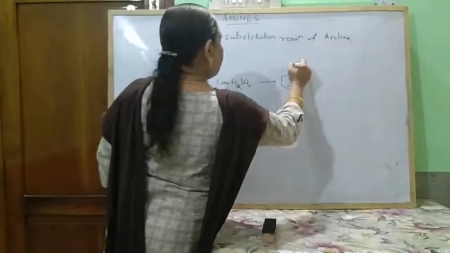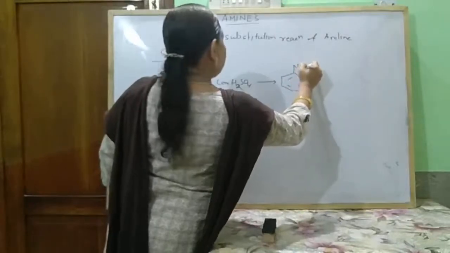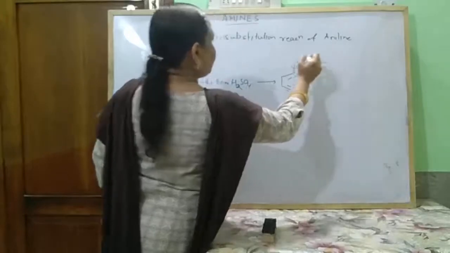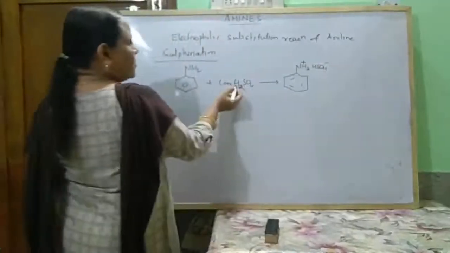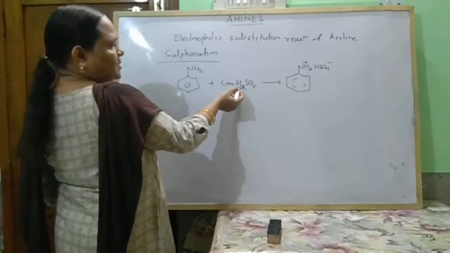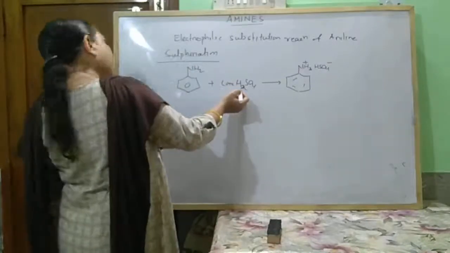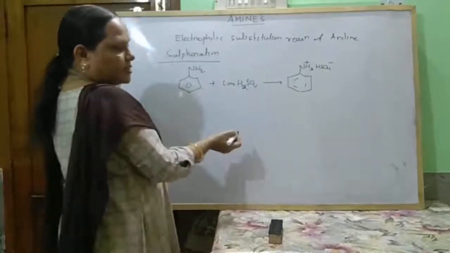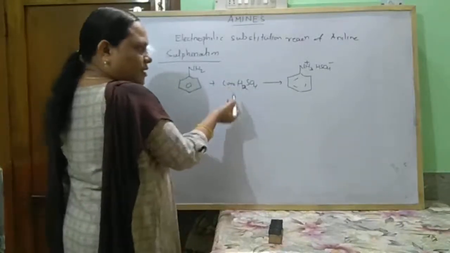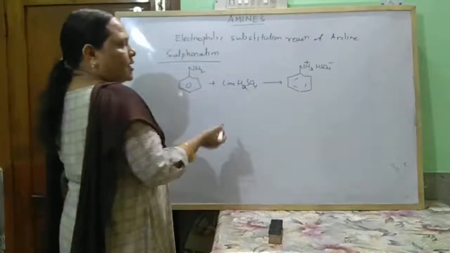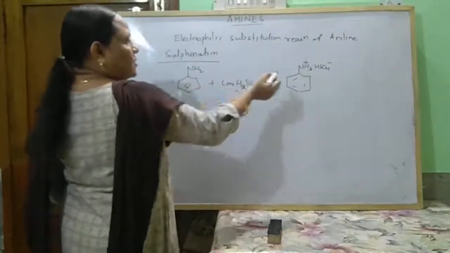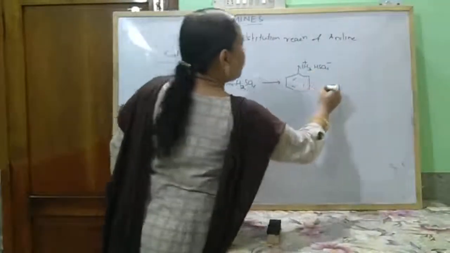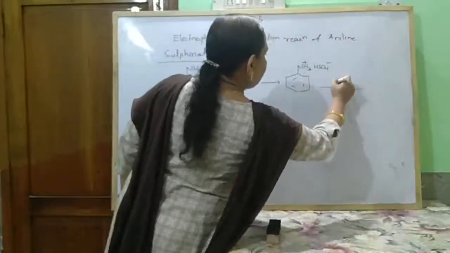So it forms the salt NH3 plus HSO4 minus. Sulfuric acid is a dibasic acid, and it gives two series of reactions, one by replacing one hydrogen and another by replacing the other hydrogen. So here only one hydrogen is replaced, NH3 plus HSO4 minus, which when